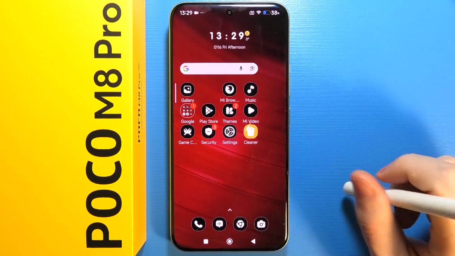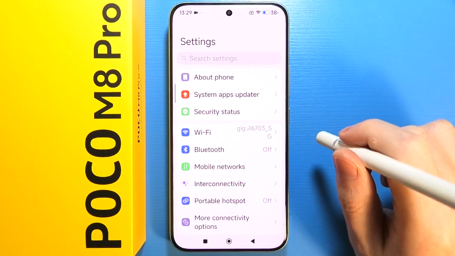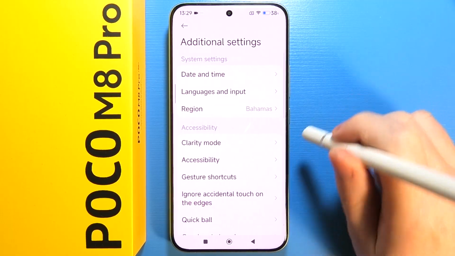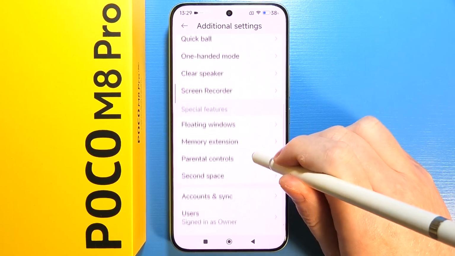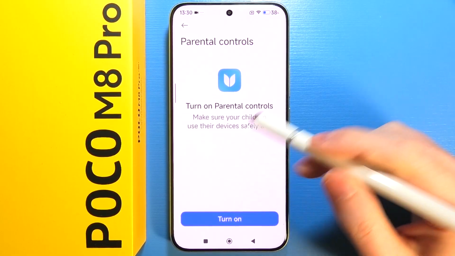To set up parental controls on POCO M8 Pro 5G, let's start by opening settings on our device. Next step is to scroll all the way down and enter additional settings. Scroll down again until you find parental controls right here, and then make sure to agree to everything that will